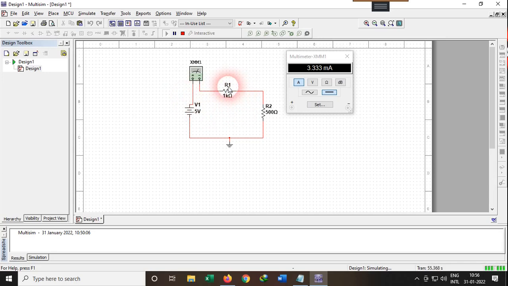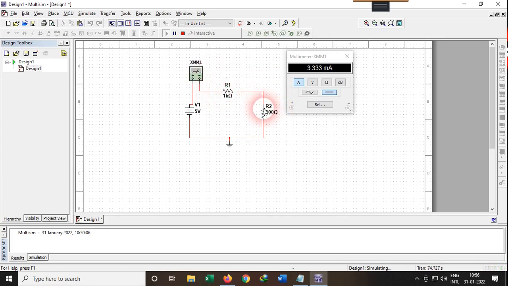Because if you change the value of R, then for every different R you will get a different value of I, and in that case you will not be able to verify Ohm's law. So for Ohm's law, we are not going to change the value of R. R means R equivalent.